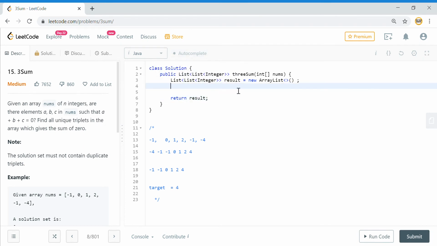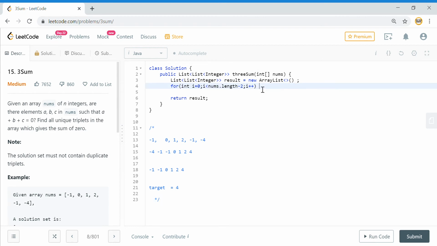Since we are fixing the first number and checking for the pair in the remaining array, we need not look into the complete array. We can leave the last two elements. So if I have to loop through, I will say int i equals 0 and i less than nums dot length minus 2, i plus plus.